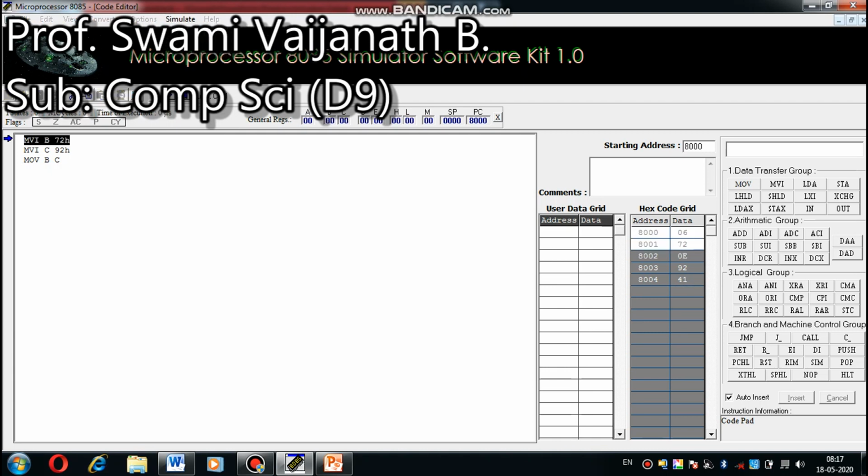Look here, firstly I execute this instruction, B register gets 72H, then I execute MVI C, so C gets 92H, and whenever this instruction is executed, then the content of C is copied to B. We stop here.